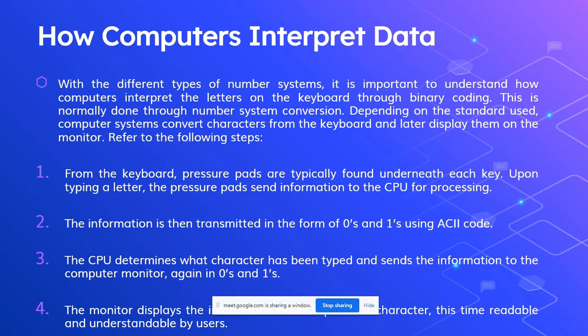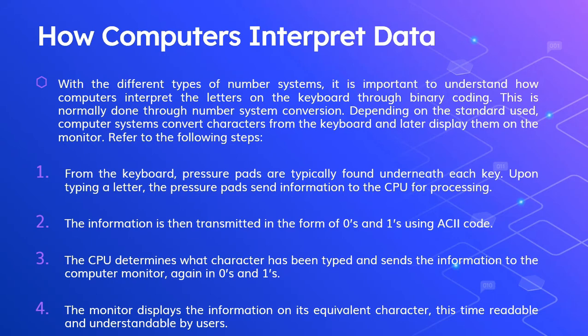Next, the CPU determines what characters have been typed and sends the information to the computer monitor again in zeros and ones in binary coding pa din. So lastly, the monitor displays the information in its equivalent character, this time readable and understandable by the users. So, ito yung paano yung process of typing or process of inputting information sa computer and how the computer outputs